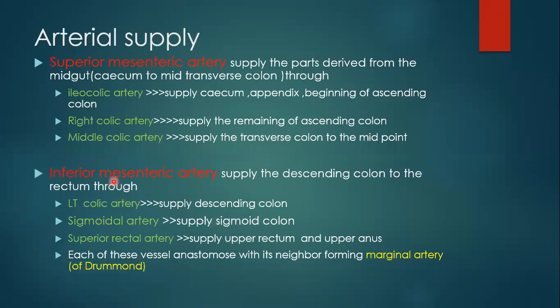Arterial supply. Superior mesenteric artery supplies parts derived from the midgut, the cecum to mid-transverse colon, through the ileocolic artery, which supplies the cecum, appendix, and beginning of the ascending colon, and the right colic artery. Inferior mesenteric artery supplies the